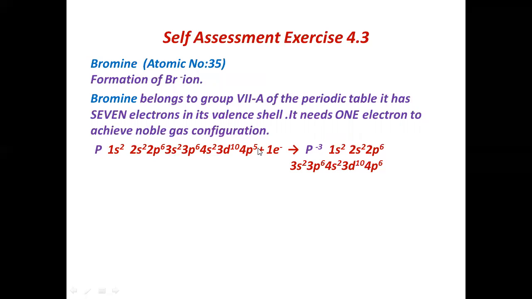So the outermost shell is 4. 2 plus 5 are 7. So bromine has 7 electrons in the outermost shell. It will gain one more electron